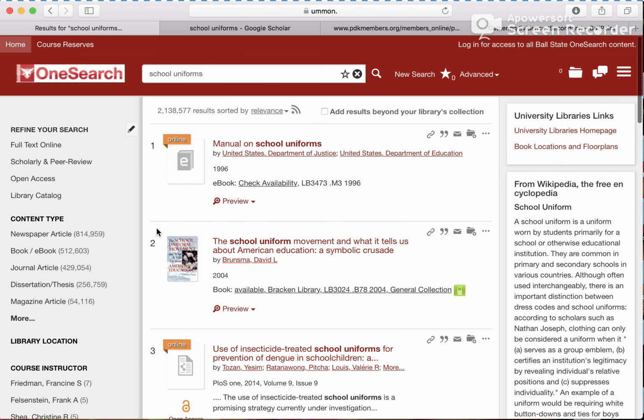On the left, we have ways to refine our search that generated over 2 million results. Right away, we can tell that OneSearch has searched millions more available resources than we could get to with the databases. But this is not a bad thing. A lot of times we do want the more narrow search options provided by the databases. If I want full text, for example,